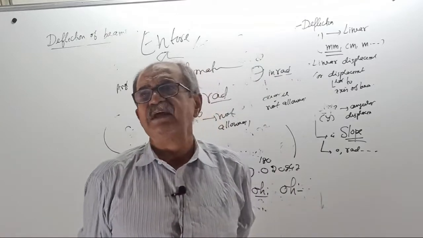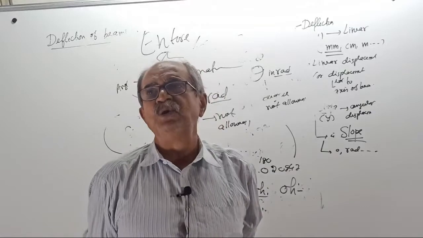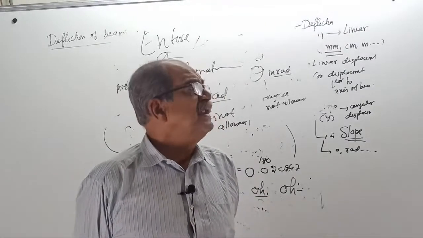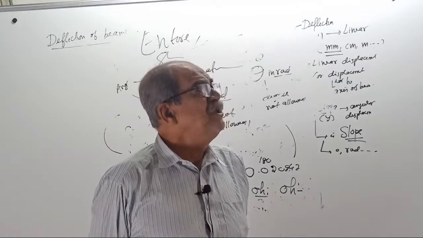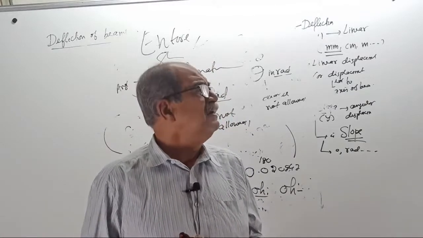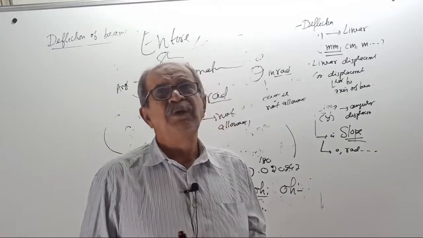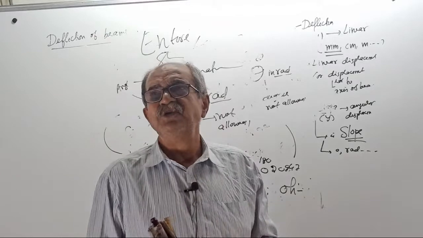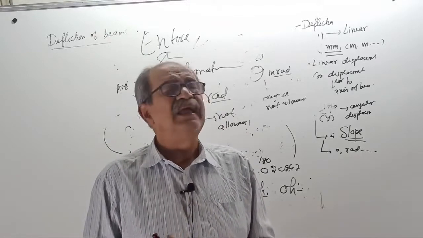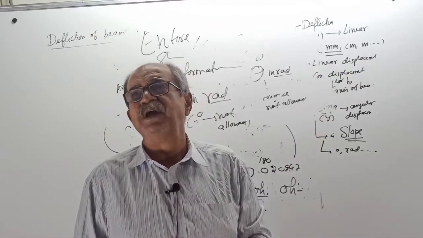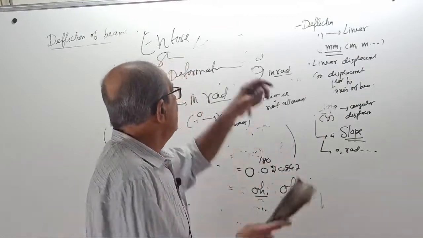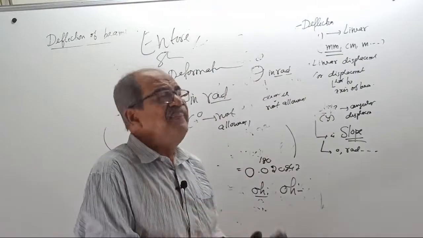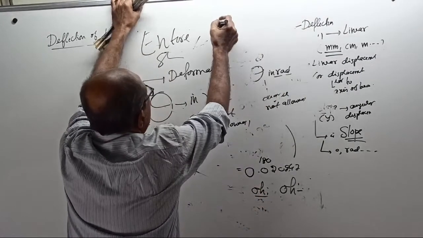Suppose you get answer, a beam slope 0.02. See how much answer I told? 0.02 radian you got. You tell somebody how much your beam will rotate, 0.02 radian. He will ask, what is radian? I don't know those things. Oh, then you tell him in degrees. You multiply by 180, divide by pi, and tell him nearly 1.2 degrees. Then he will understand. But in structural engineering, remember,